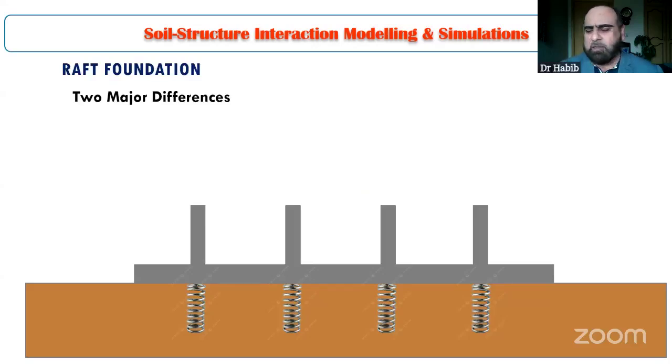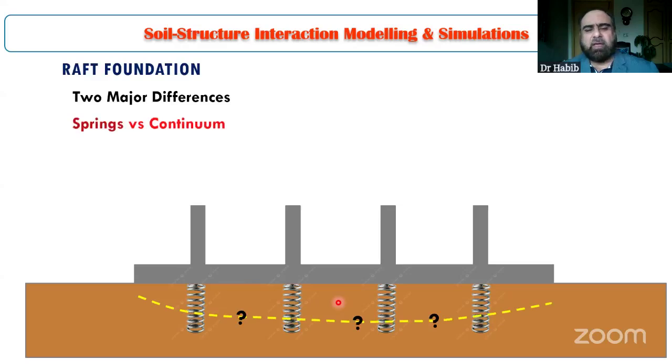Now we can see here, let me take the pointer here. There is a raft foundation placed on the soil, and if we convert this soil into springs, it will be just like that. So we have two fundamental differences which I have just mentioned in the previous slide. The first one is that soil is a continuous medium. We call it a continuum, while if we use the modulus of subgrade reaction concept, it's basically converting this continuous medium into